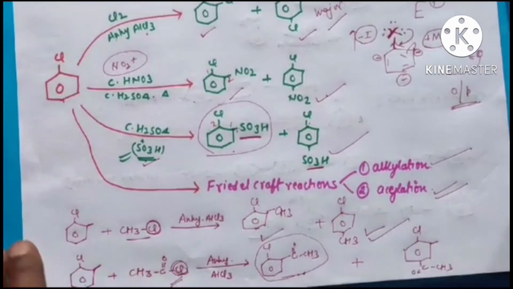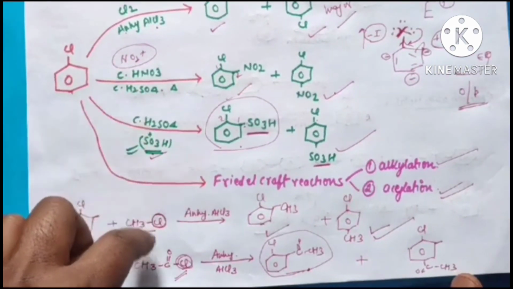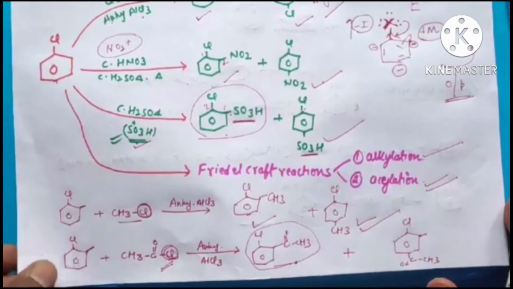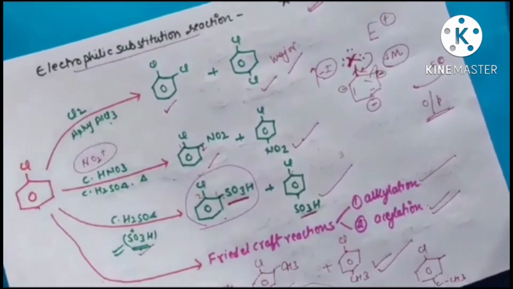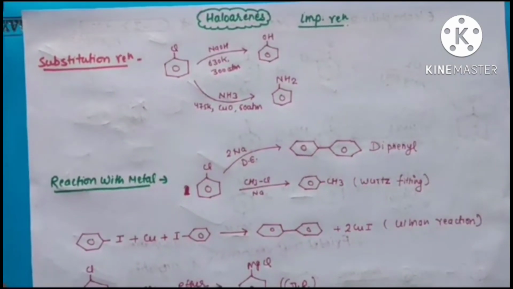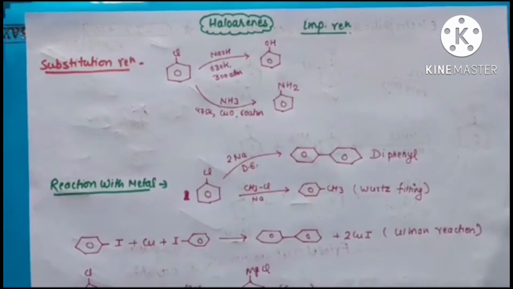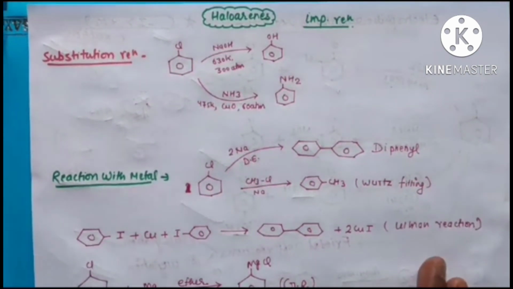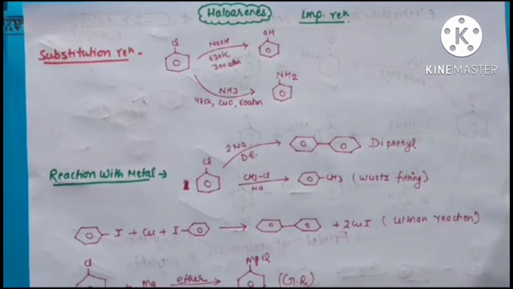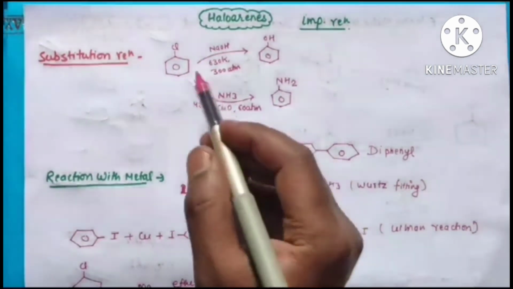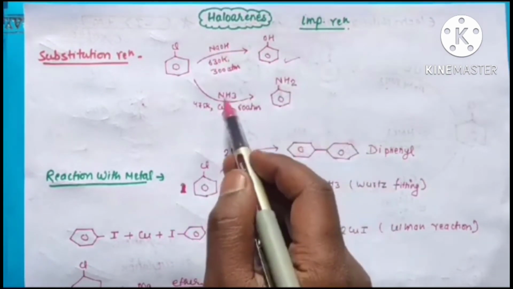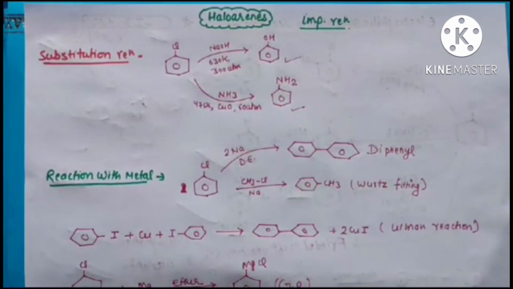Out of these, 1, 2, 3, 4, 5 reactions are very important. This is the simple reaction. I think you all are able to understand it. So some more reactions which are also important, like for haloarenes there are some important reactions, student. I hope you will also look at them. Haloarenes' important reaction is the substitution reaction. If you are doing final preparation in class 12th, then you will easily be able to understand it. So the substitution reaction: chlorobenzene, haloarenes, if done with NaOH will give phenol, if with NH3 will give aniline. Okay, now similarly